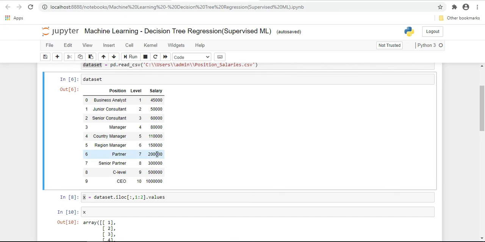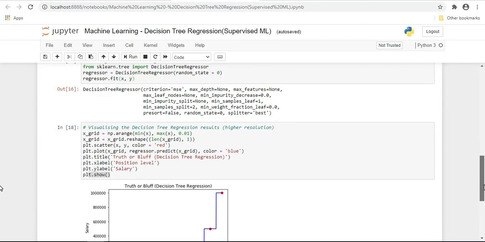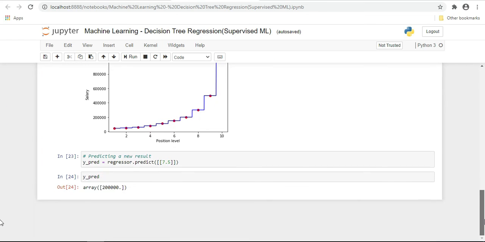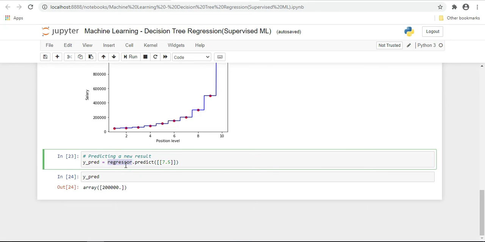If you want to extract the value between 7 and 8, meaning 7.5, what would be the value extracted from this algorithm? Here this is our regressor, the decision tree regressor, predict. Here we took level 7.5, and the value is almost similar.